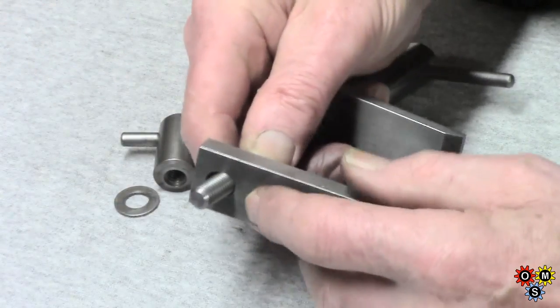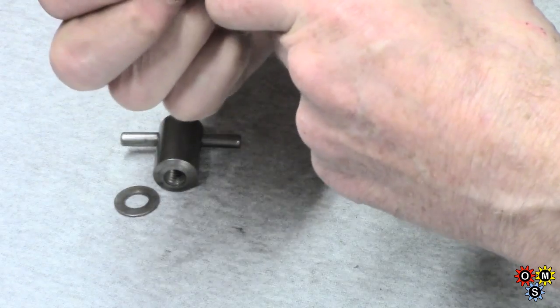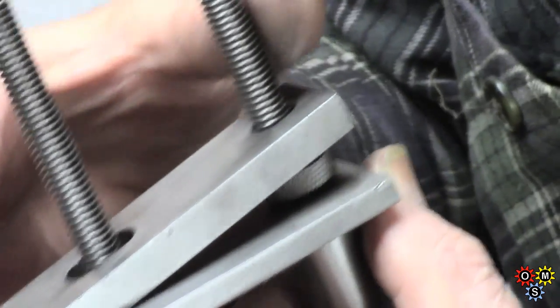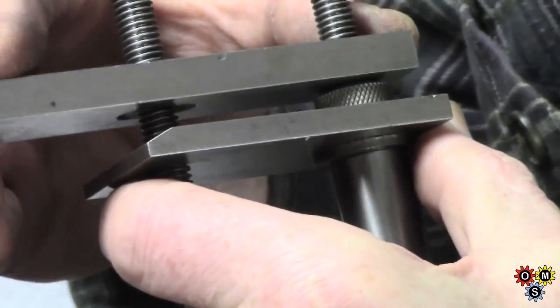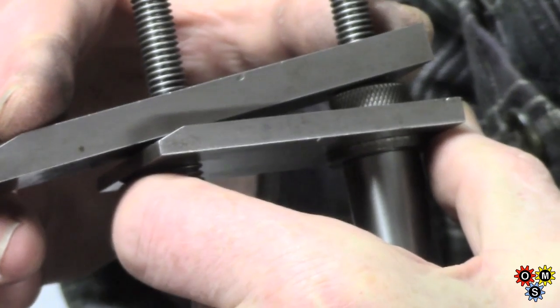Now, putting the jaw over the threads, you can now probably see why at the back here the hole has been filed to allow for tipping, and you can see the support height control button also has that radius on it. Okay,